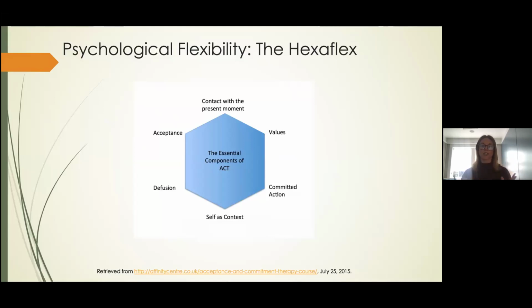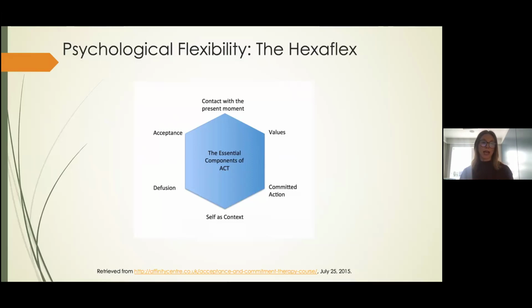So our overarching goal in ACT is to invite people in a variety of different ways to open up to different routes of getting to whatever that end goal is, or that valued experience might be. This is the hexaflex, which is sort of the schematic for ACT. And what's great about ACT is it in and of itself is flexible, meaning you can start anywhere that you want with a new client or from session to session.